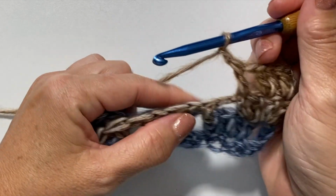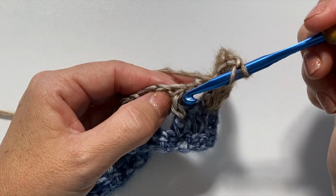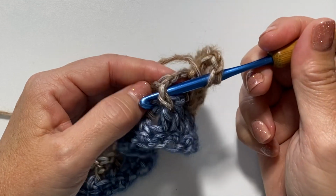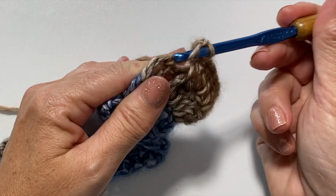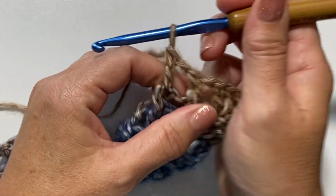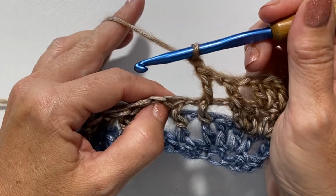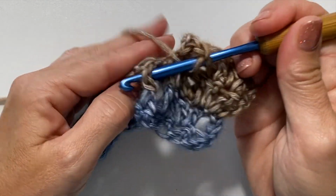Chain 1, front post double crochet around the next stitch, yarn over, insert your hook from front to back to front around the post of the next stitch, yarn over, pull up a loop, yarn over, pull through 2 loops on your hook, yarn over, pull through 2 loops on your hook. Chain 1, front post double crochet around the post of the next stitch,